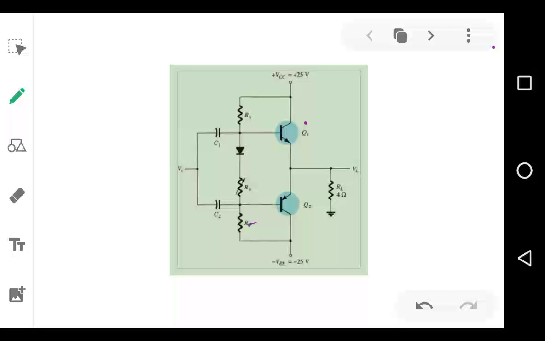So here in this problem, generally this page is kept as the front page or the front scene page. Why? Because we are going to solve the problem based on this particular configuration. This is nothing but a complementary push pull class B amplifier. Here you can see the diode is connected. The idea behind using this diode is to reduce the crossover distortion. So we are assuming that this circuit is free of any distortion and move ahead to solve the problem based